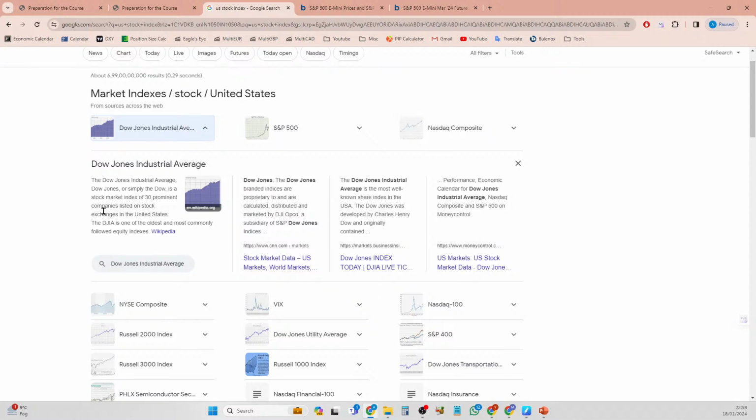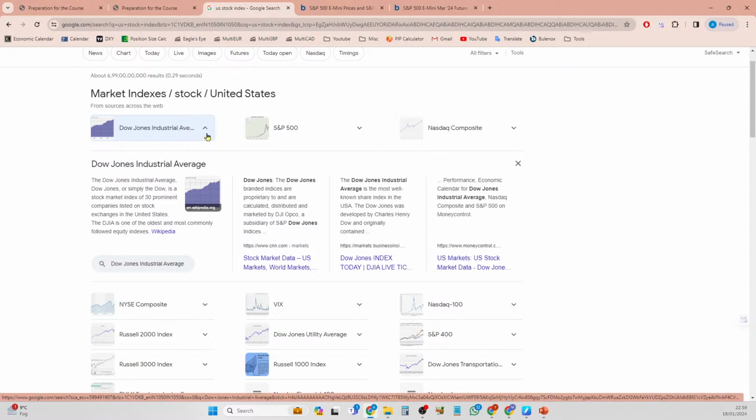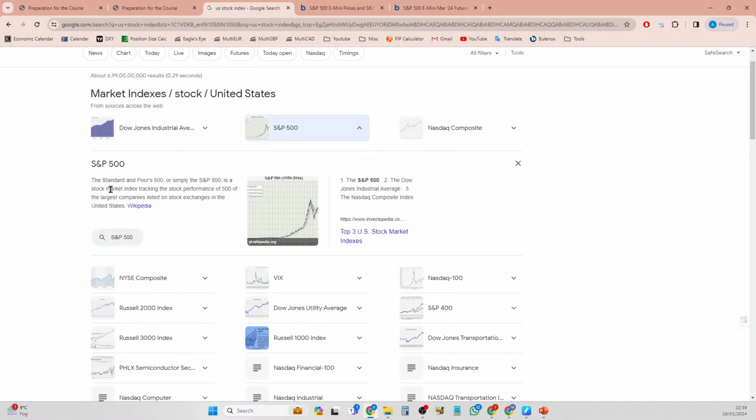Dow Jones Industrial Average is one of the indices, one of the four most prominently tracked indices. So this one consists of 30 prominent companies listed on the stock exchange. So on an average, it is basically tracking the progress of those 30 companies listed on the stock exchange. So Dow Jones Industrial Average is one. Similarly, S&P 500 is another, wherein it has the 500 of the largest companies listed on the stock exchange. So the basic index, what it tracks is those 500 largest companies.